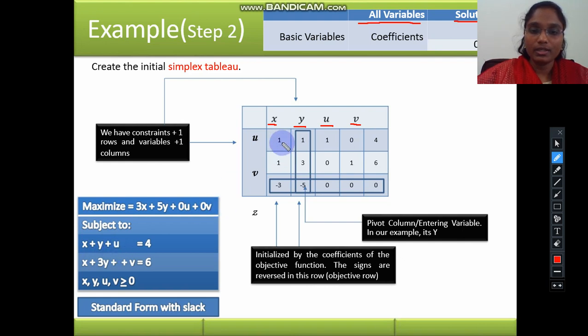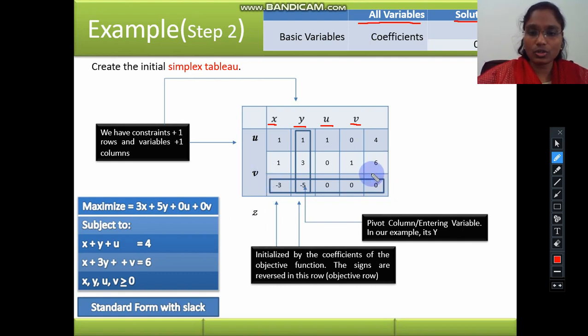So we include the coefficient values here as 1, 1, 1, and for v it is 0, and the solution value is 4. And similarly the next equation, x plus 3y plus v. The coefficient of x is 1 and the coefficient of y is 3, and for u it is 0, for v 1, so it is equal to 6.